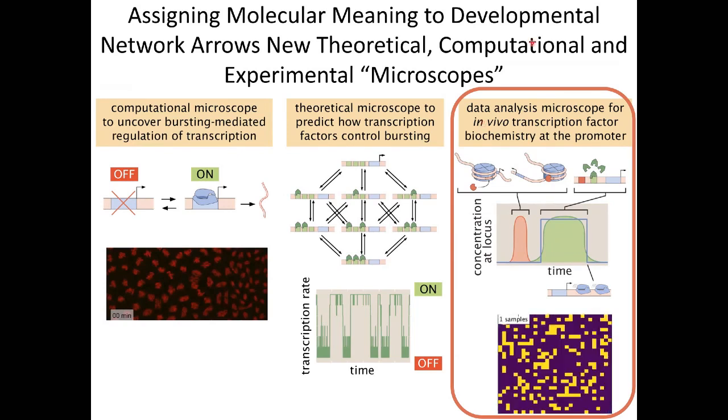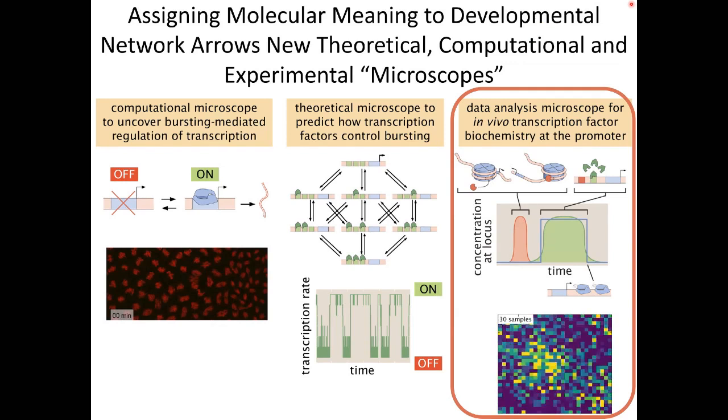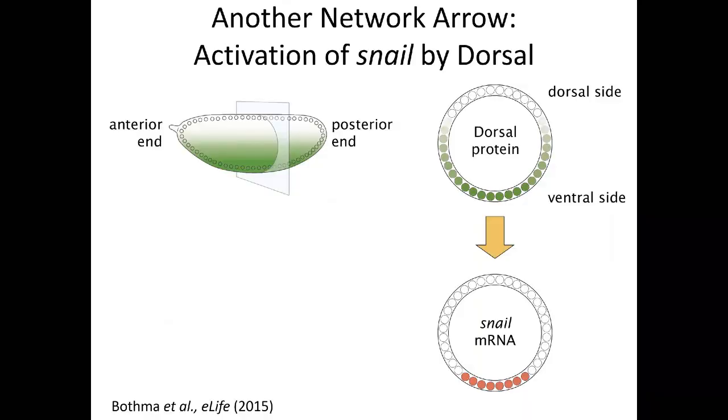So this has led to our initial development of a new microscope that is based on just trying to be a little bit smarter about data analysis, not necessarily getting a better microscope. And to illustrate that, I'm going to switch gears. I'm going to show you a different arrow of the network diagram. The change doesn't really matter, but I just need to tell you some of the names of the molecules, okay?